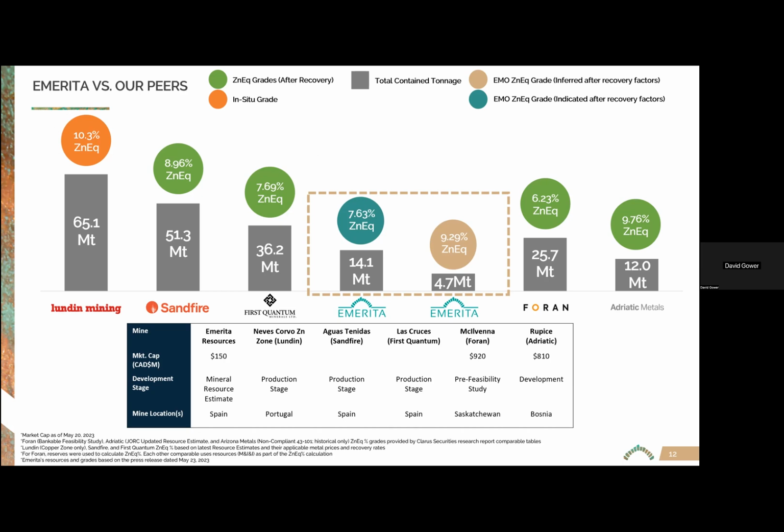So, this is a project that is currently approved to be built. The zinc equivalent grade at Sandfire's operation, which again is, I believe now close to 1.5 kilometers deep, certainly more than 1 kilometer in places, is about 8.9. Combined, we're looking at something just over 8, but we're in that ballpark,